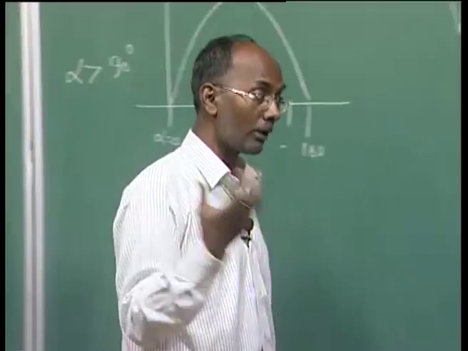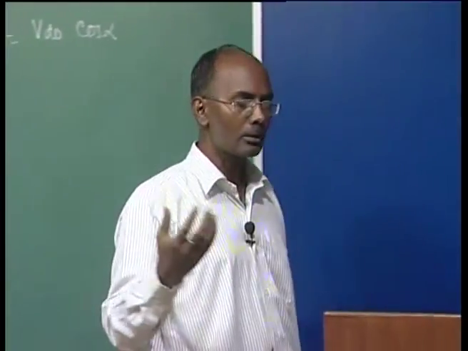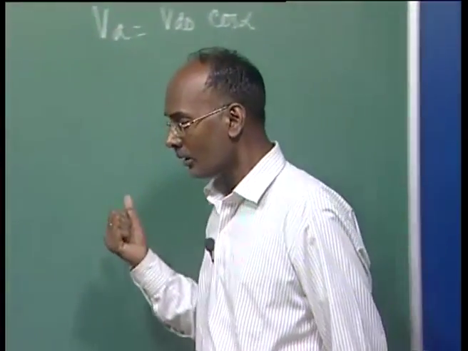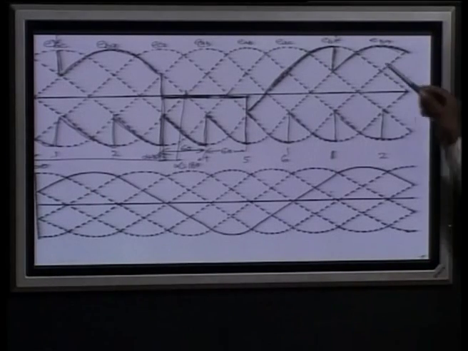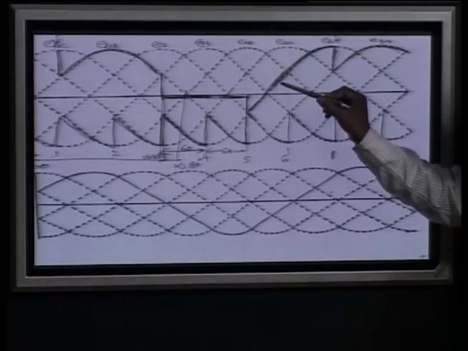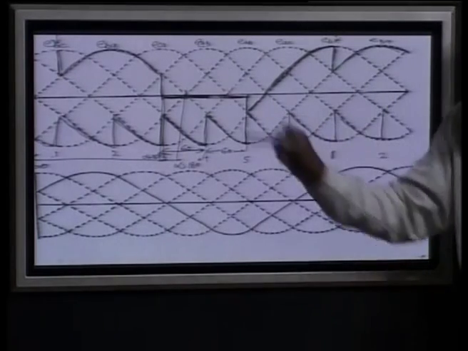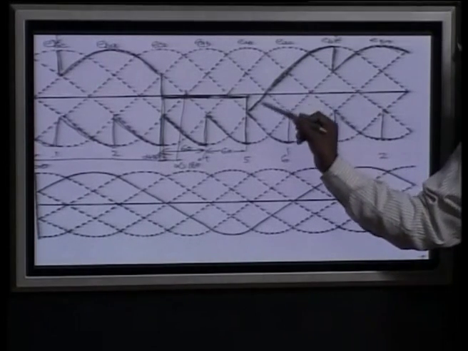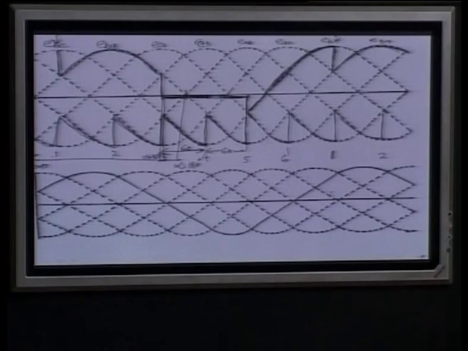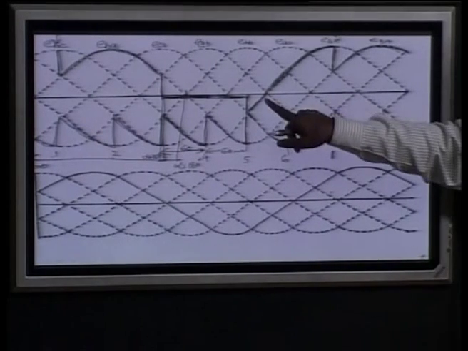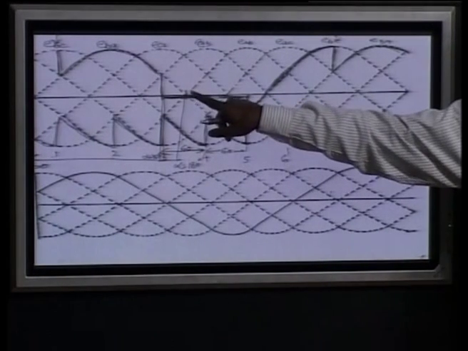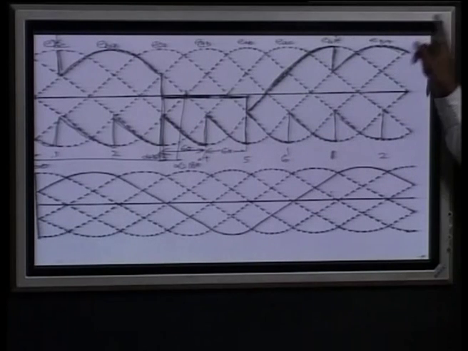Similarly, you can draw the valve 3 voltage. Similarly, you can draw the voltages of any of the valves. You can see here in the valve voltage, in this case this valve is experiencing positive voltage all the time except during this period. So, this is a negative voltage appearing across valve 3. This is conducting, no matter, but in the remaining period it is positive.